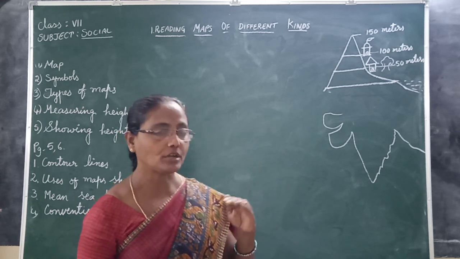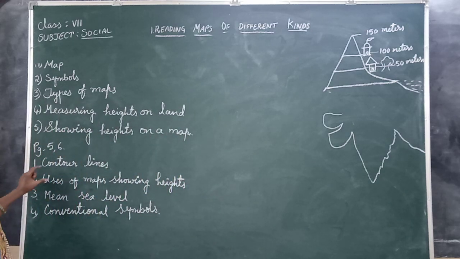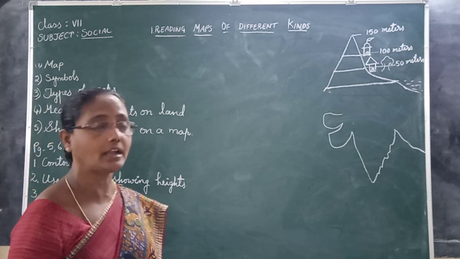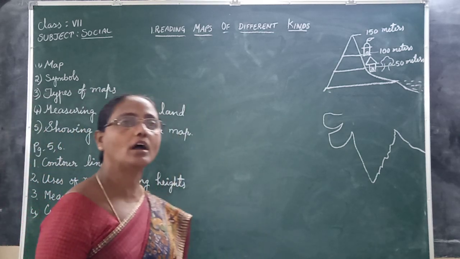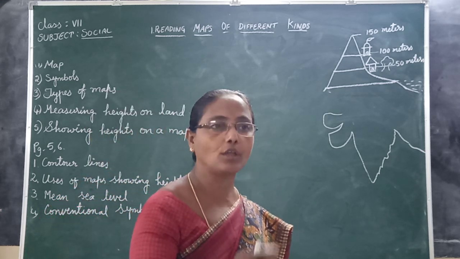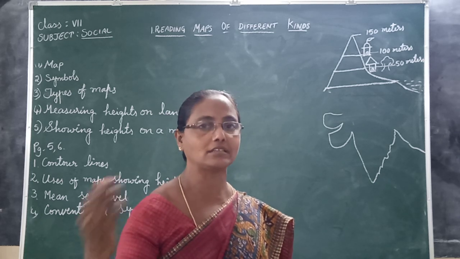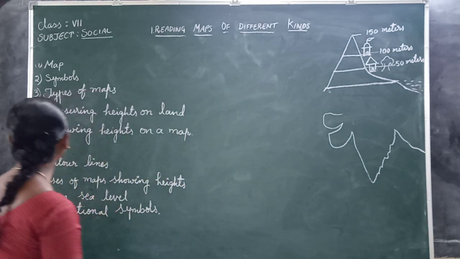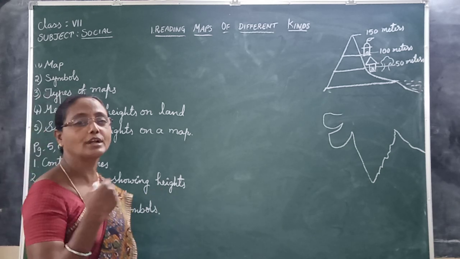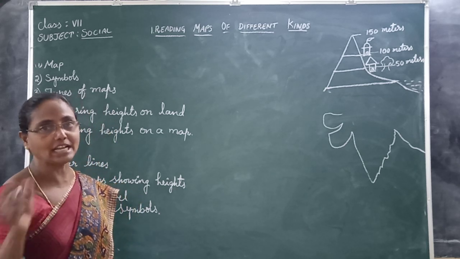Okay. Today I am going to discuss the contour lines. First, contour lines. You have to open the textbook, page number 5, 6, and listen very carefully. If you are unable to understand any hard word, you have to underline it. Once again, I can repeat it tomorrow or in the next class. Okay, contour line. Listen very carefully.